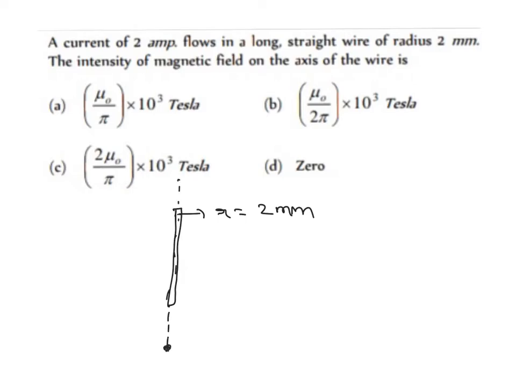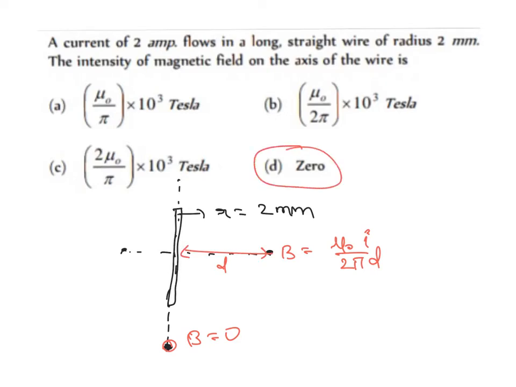So clearly we have stated that we can easily find out the magnetic field on the perpendicular bisector of this wire, but along the axis the magnetic field is going to be how much? Only 0. And in between, on the perpendicular bisector, it must be equal to mu naught divided by 2 pi d. So this is the distance d here, correct? So this is what we have studied. So that's the reason why option D is the right answer. Along its axis the magnetic field is going to be 0. Next problem.